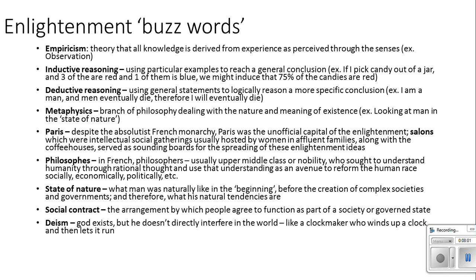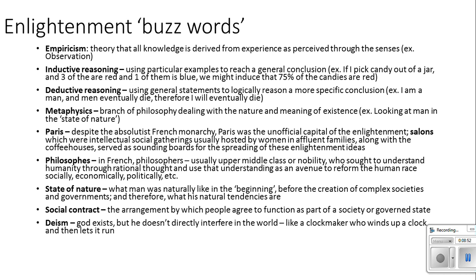Now, certainly they are not atheists in the sense that we think of atheism in, say, the 21st century, but some of them at least will take on a slightly different view of the divine. They will argue that God does in fact exist, but that he does not directly interfere with the world. And the analogy that is often used to explain deism is that of a clockmaker. A clockmaker who essentially builds the clock and then winds it up and allows it to run its course on its own. That's going to be particularly popular with individuals like Thomas Jefferson, for example, who famously wrote a version of the Bible that took out all of the miracles and sort of pared it down to something that was